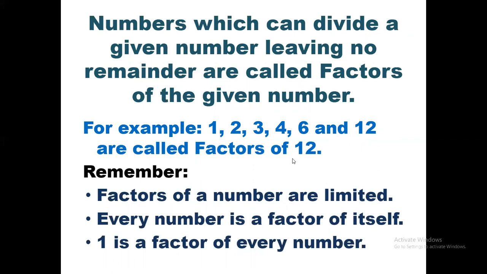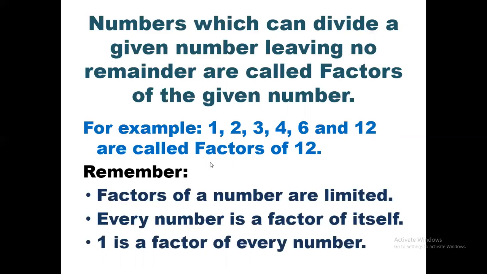For example, if I ask you what are the factors of 12, or you can say what are those tables in which 12 comes. So number one, we have the table of 1, because in the table of 1, all the numbers can easily come. Then we have 2 times 6 is 12. That means yes, 2 is a factor of 12. In the table of 3 also, 4, 6 and itself 12.